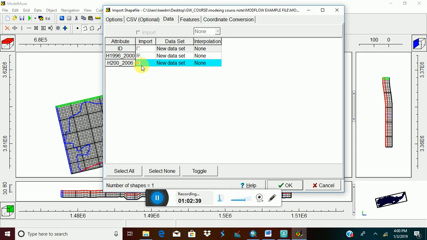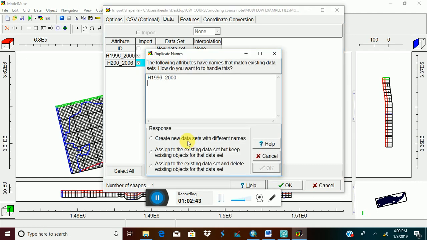It's telling me that the following attribute has a name, because if you remember, when we specified the general head boundary we have the same name. So what am I going to use? I can say create a new data set with a different name, then okay. Now this is the CHD